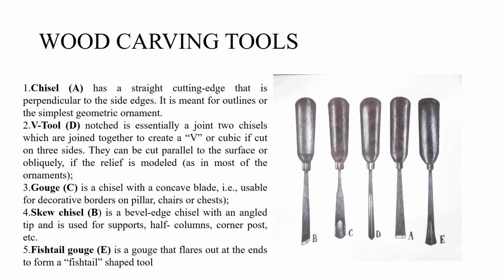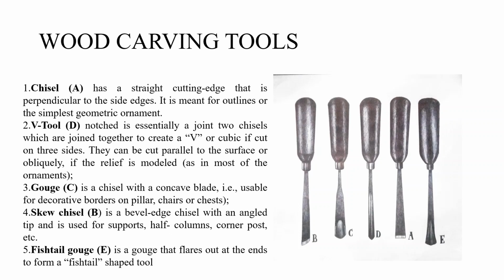Wood carving tools. The chisel has a straight cutting edge that is perpendicular to the side edges. It is meant for outlines or the simplest geometric ornament. The V-tool, or notched tool, is essentially a joint of two chisels joined together to create a V, or cubic if cut on three sides. They can be cut parallel to the surface or obliquely if the relief is modeled, as in